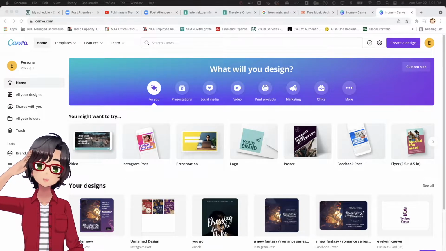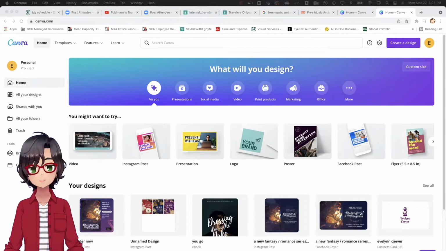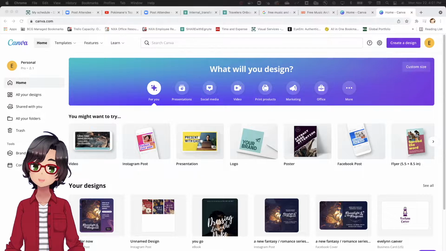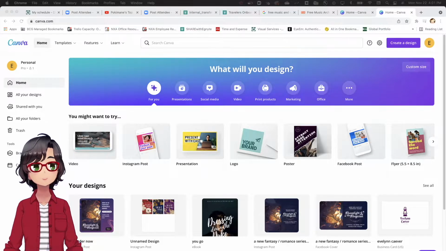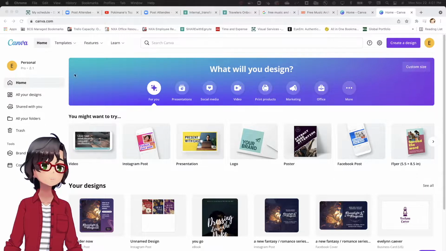I'm coming at you today with a quick tutorial about how to make a romance book cover using Canva. So here we go. As you can see, I am already on